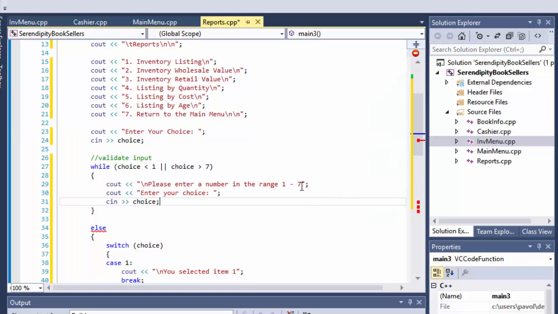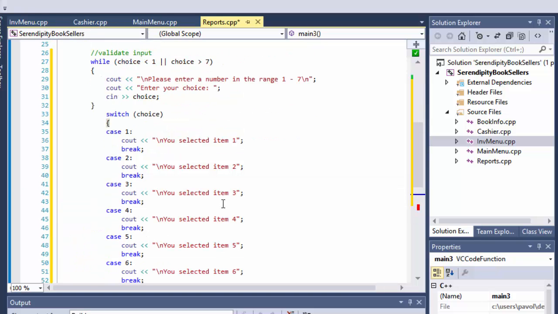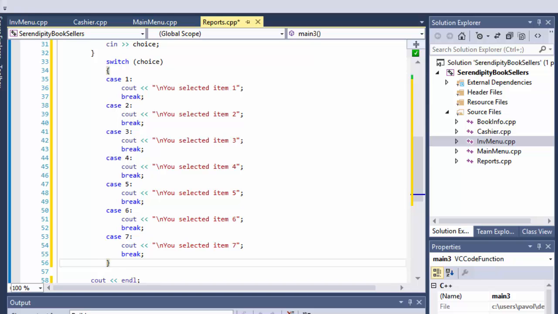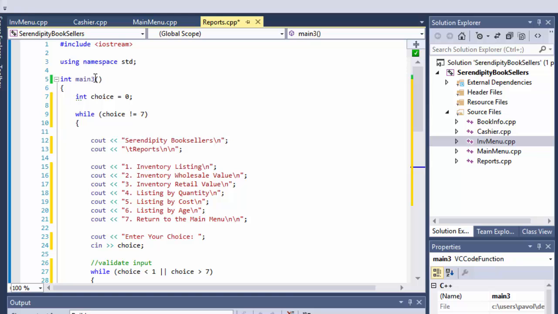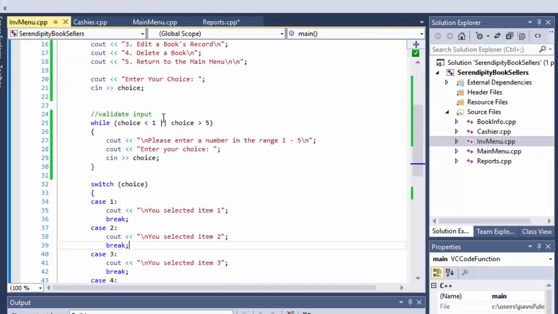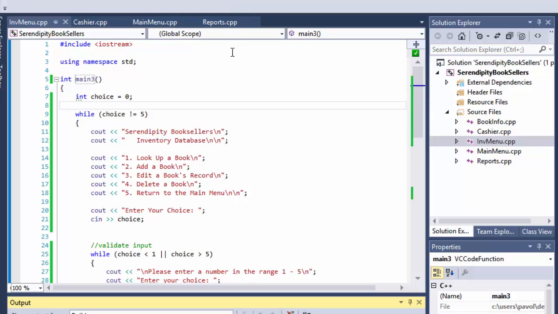Like that. I will add the new line over there. There is no if statement, so we don't have any else statement. Like that. And that should actually work. Of course, we need to once again change the main for our reports, and our inventory menu now will have a main number 3. So when I run it now, I will get the reports screen,